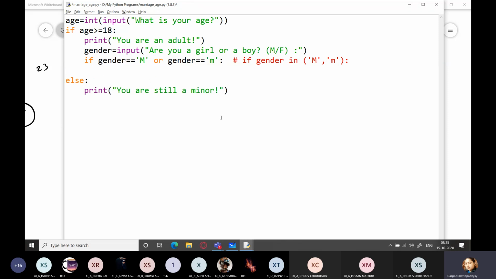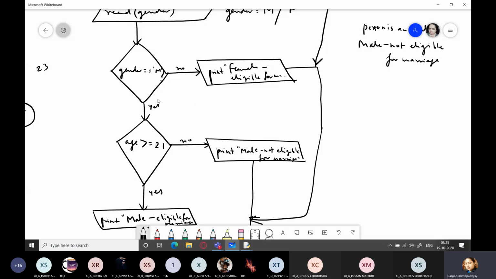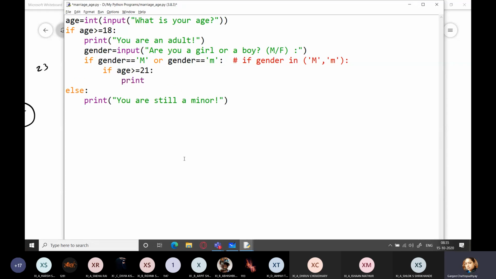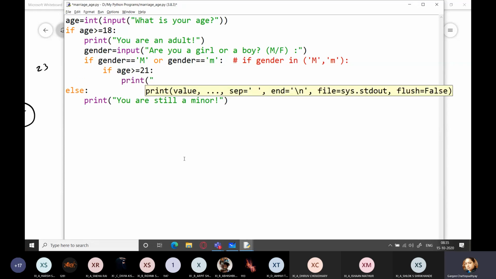If gender is male, what should be done? If it is yes, another condition has to be checked, whether the person is eligible for marriage or not. So if age is greater than equal to 21, print. Now you can see that the upper if was to check whether the gender is male.